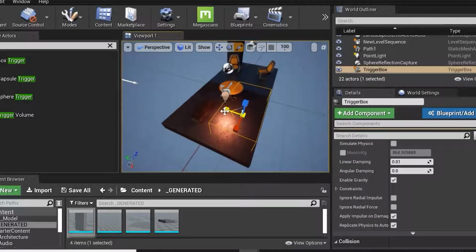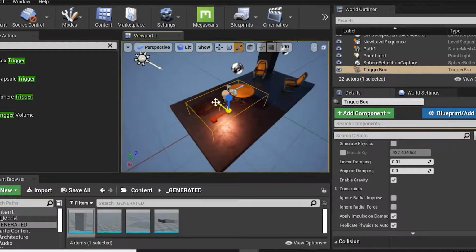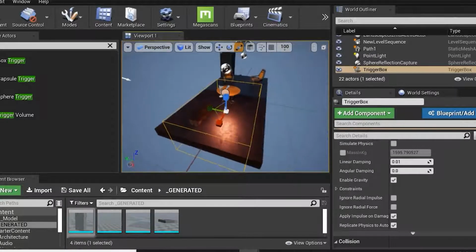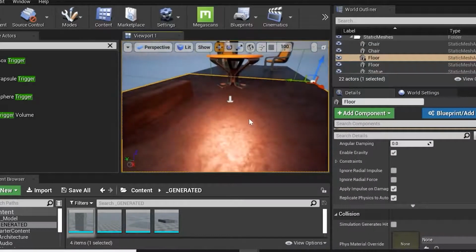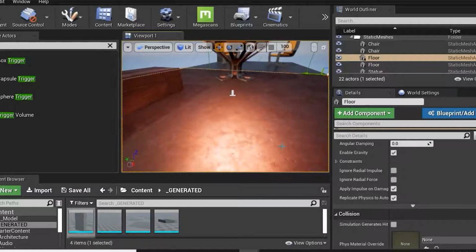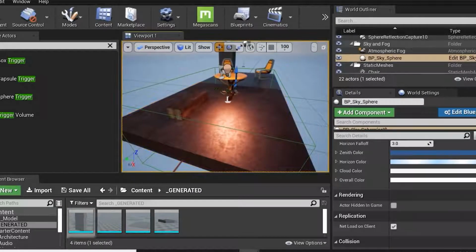Here we have to give the blueprint. This is just a small example which I'm showing you. This is a simple trigger. If my character is outside of this, once it enters my scene, my light will automatically turn on. So we have to add this trigger with a blueprint. In the blueprint, we have to give a command for what will be my in and out, correct? That is very simple.